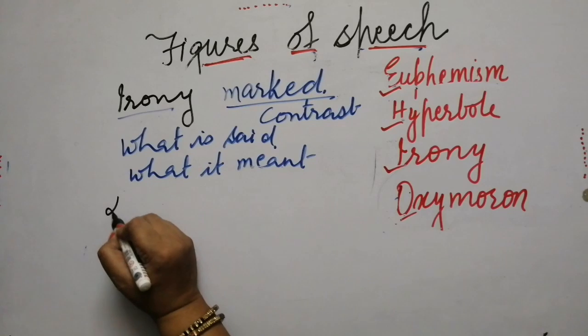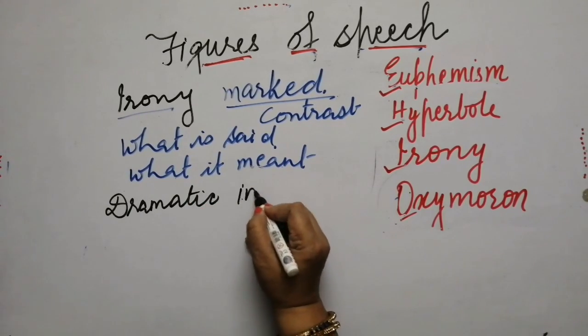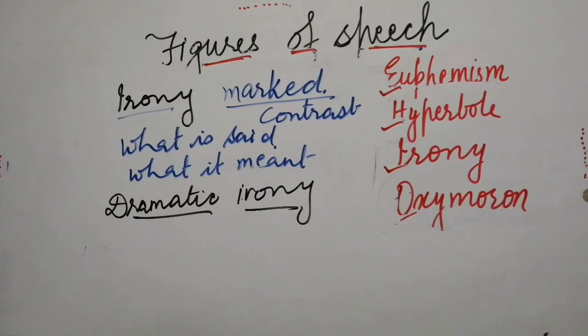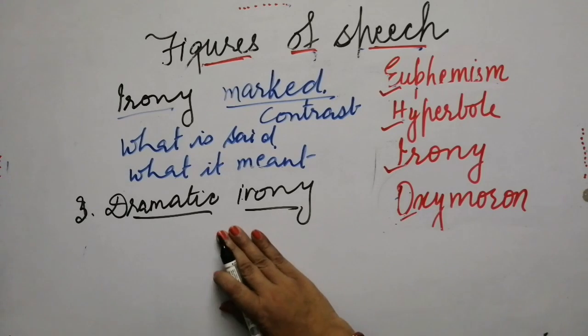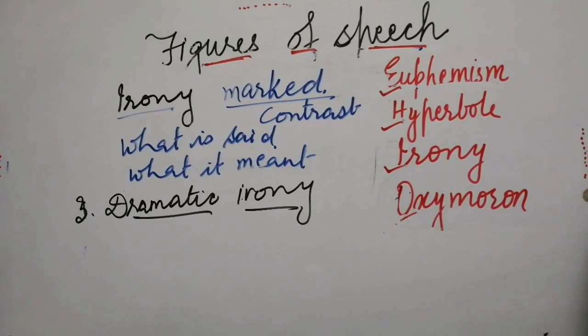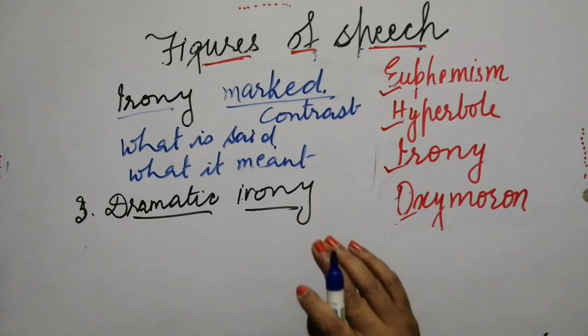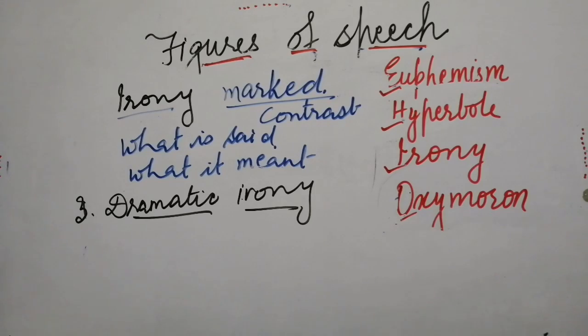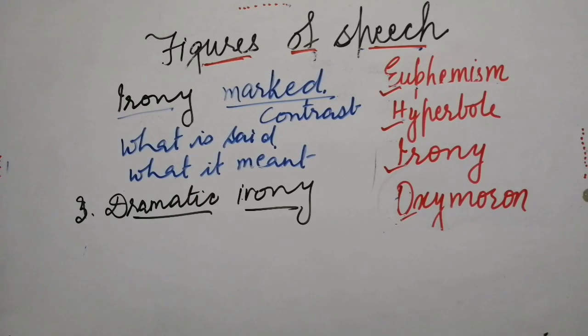Now I'm talking about dramatic irony. Now it's clear that it is about any play or drama. It happens when there is any secret information in that scene or story, which is shared with the reader or audience, but one main character is not aware of that. So it occurs when the audience knows that key information, and other characters might also be aware of it.